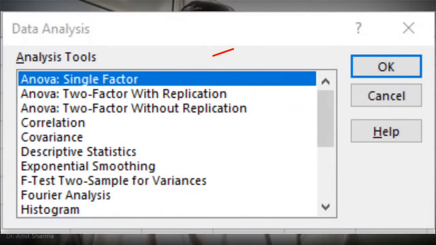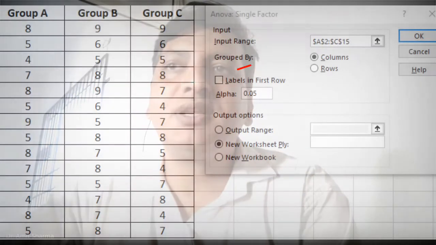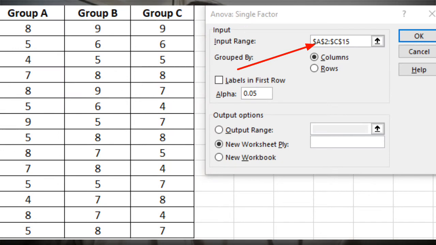So how to apply the ANOVA? I'll click on ANOVA single factor. That means we don't have any factor. We have just only groups of drugs. So I'll click OK. So it will ask me what are the input ranges. So input ranges, either you can enter manually or you can use the mouse to choose, like I'm choosing. That means starting from A2 up to C15. So A2 to C15 I have chosen, and I will check what was the alpha level for the test.